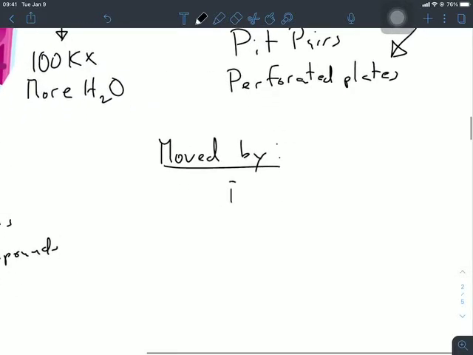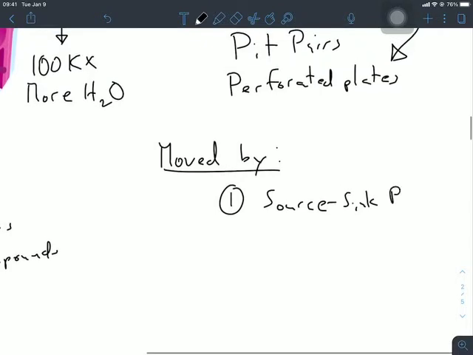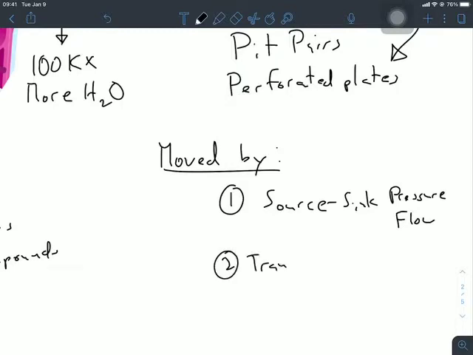The first is a source sink pressure flow. Y'all already know this, but we're just kind of synthesizing it all into one place in our discussion of our xylem. You also know that transpirational pull